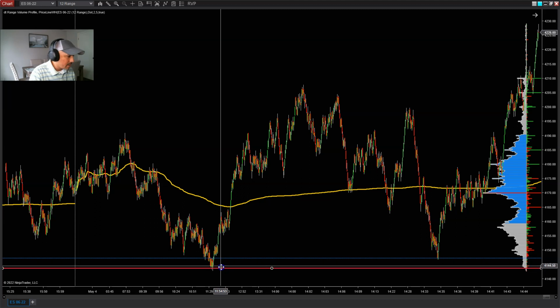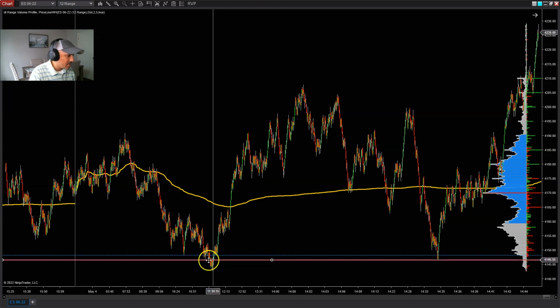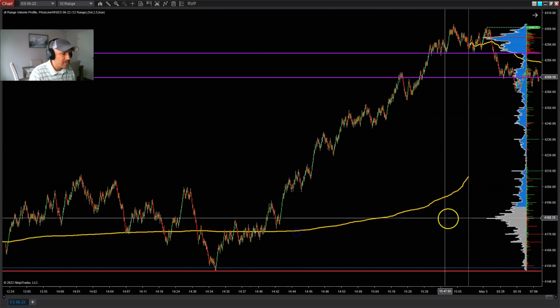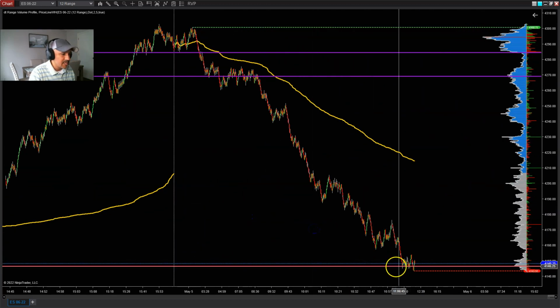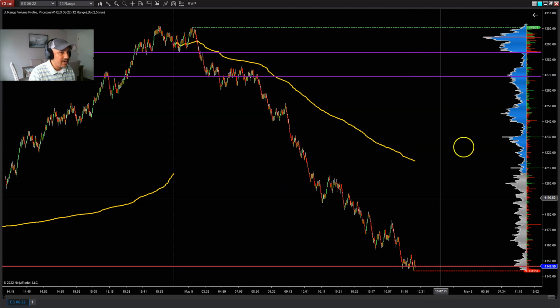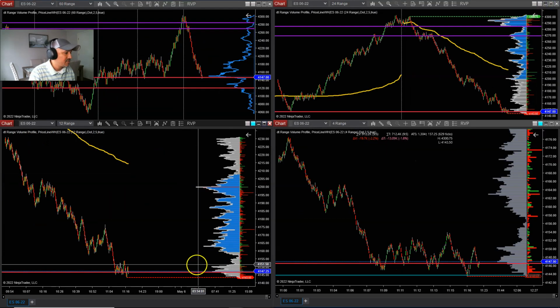So this is the area where I need to put my line at, because I want to see price stay above this area. Price comes back to that red line. Now we can shift back over and look at the 12 range to the right hand side. And what do you see? Price came back down to that area, pushed up, pulled back. So it started rejecting this area. When I saw that rejection taking place there, price moving sideways,